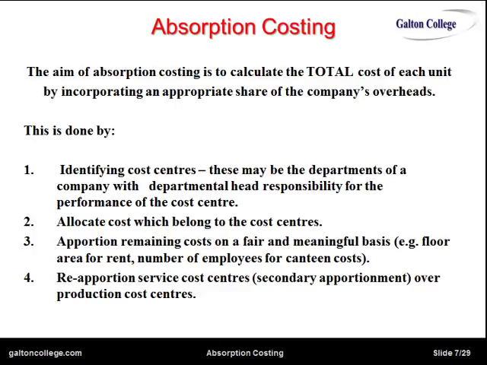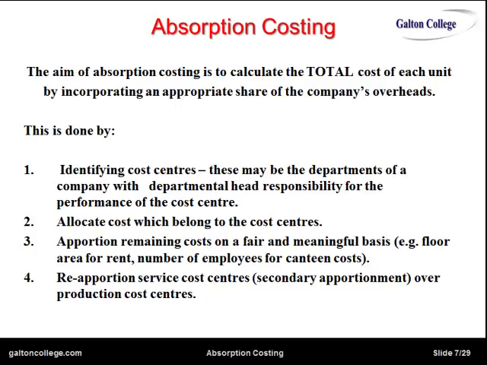Finally, reapportion service cost centers, this is called secondary apportionment, over production cost centers. So reapportion the service centers. So the service centers service the whole organization. Reapportion that, again on some meaningful basis, to all of the production centers,